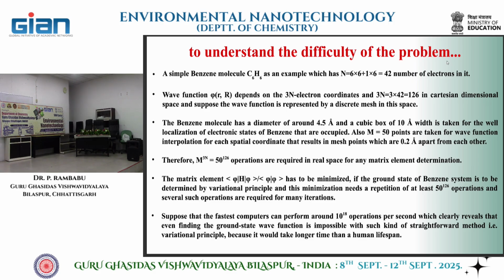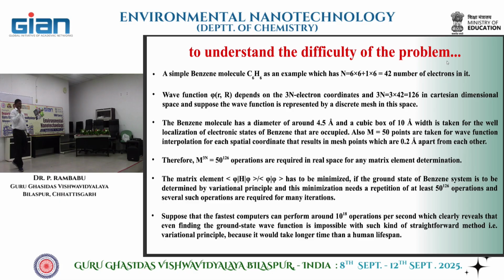So, m power 3n means I have taken 50 points in all 3 directions. So, 50 power 3n, 50 power 126 operations are required for the matrix diagonalization in real space. Okay. So, if you want to minimize by using the variational principle, you have to find this energy. If you want to minimize this one, for one iteration you need 50 power 126 operations,